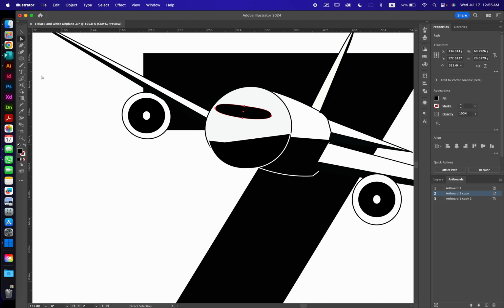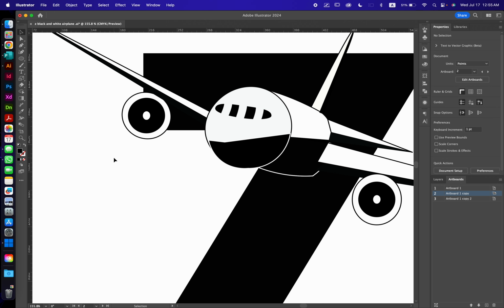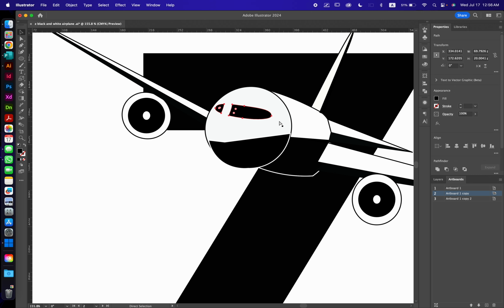We could use the eraser tool. That's the wrong shortcut. Shift E to get the eraser tool. That lets you just cut in between the shapes. There you go, and that is a pretty good way to do it. I thought that might not work as well. It gives you very big spaces in between, so I'm going to actually undo that by hitting Command or Control Z, and this time we're going to use the